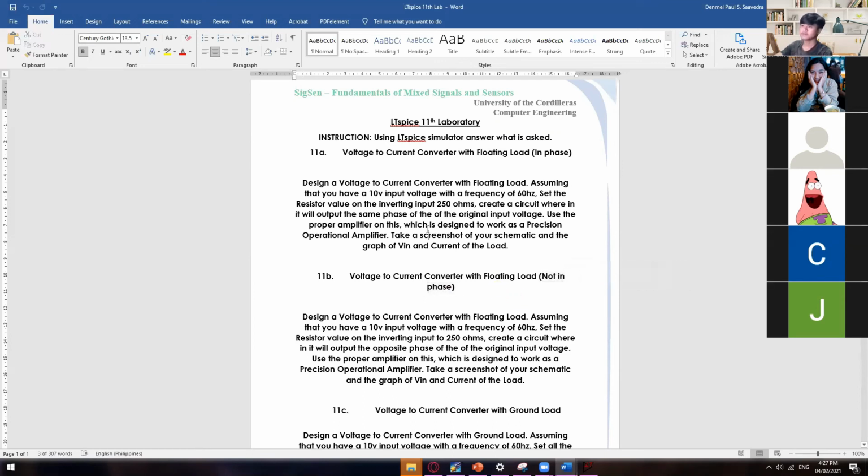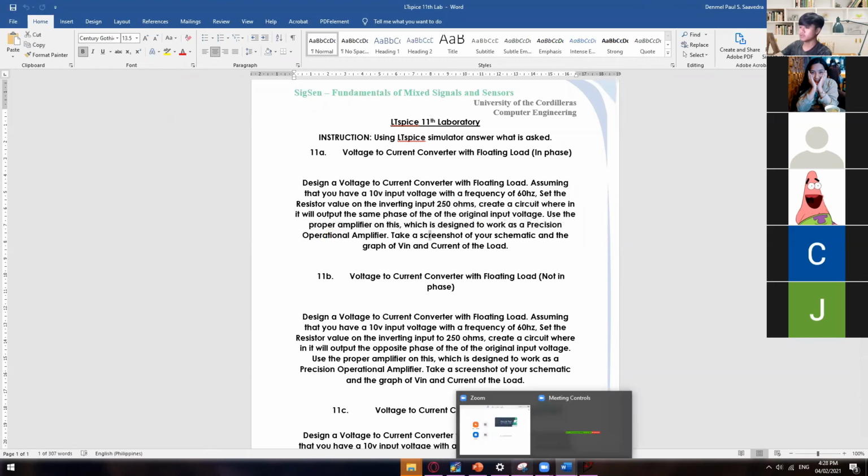So it says here, design a voltage to current converter with floating load, assuming that you have a 10 volts input voltage with a frequency of 60 hertz. So set the resistor value on the inverting input to 250 ohms, and then create a circuit wherein it will output the same phase as the original input voltage. So use the proper amplifier on this. You guys already know what I'm talking about on the proper amplifier. So do not just use